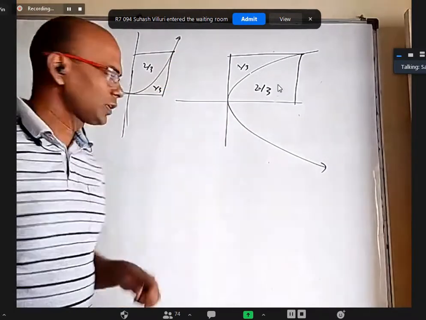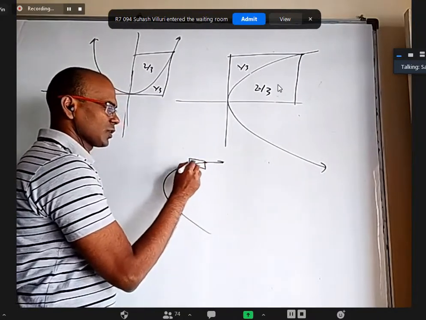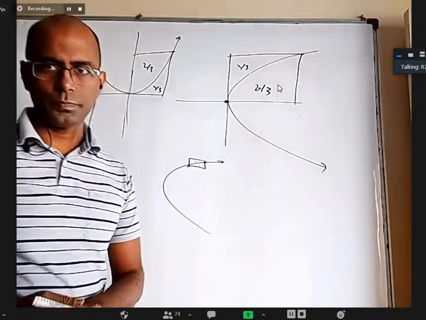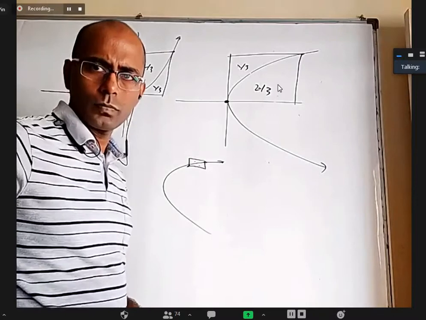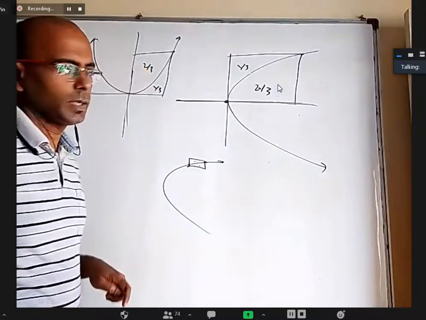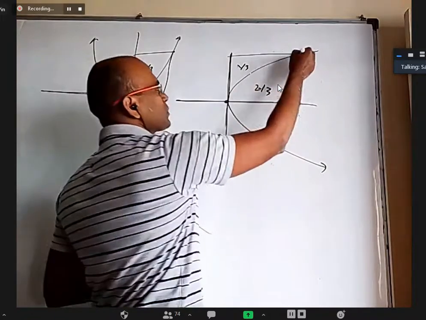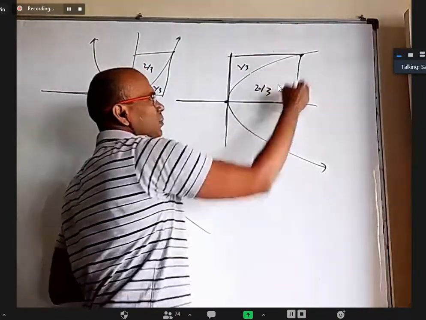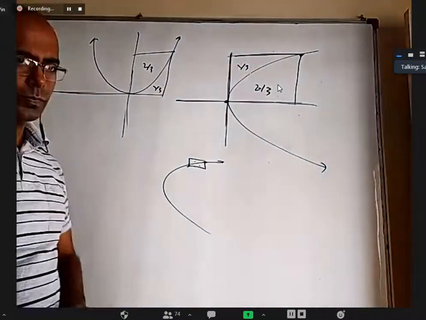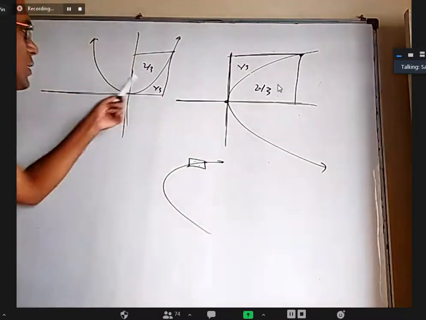Okay, but it is not that you take a parabola, take some 2 points here, draw a rectangle and say this is 2/3, this is 1/3. No. For your rectangle, one corner must be the vertex, one side must be the axis of the parabola, and another side must be the tangent at the vertex. And you can take this point anywhere, and this should be parallel to the axis, this should be parallel to the tangent at the vertex. At that time, this area is 2/3 and this area is 1/3. Is everybody clear? Yes, sir. Okay, and this is reverse.